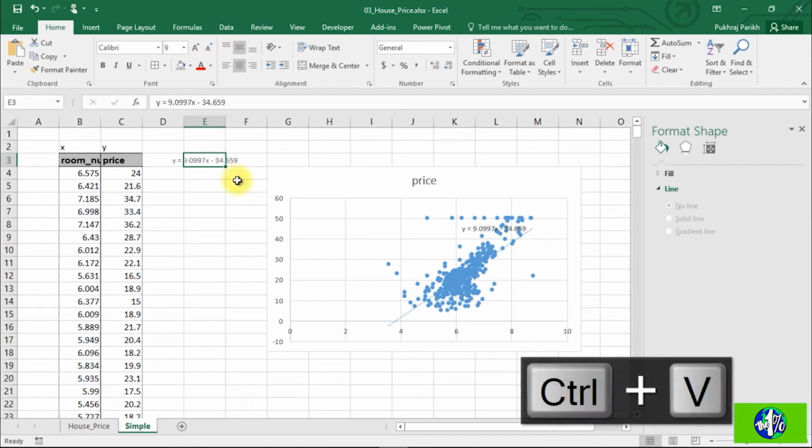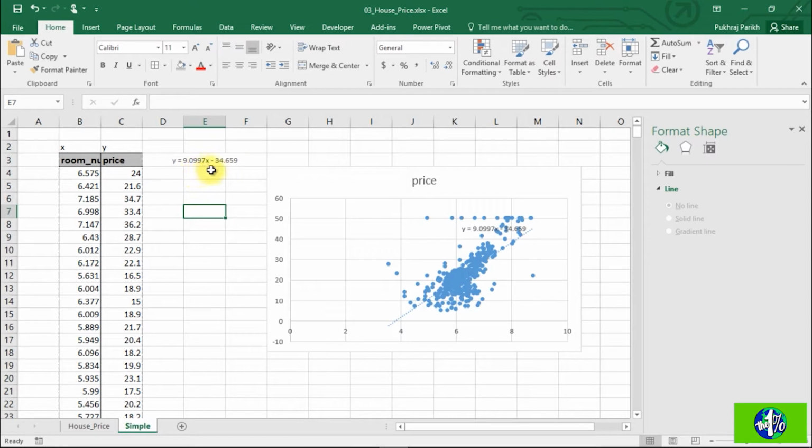Here y is for the price variable since it is on the y-axis, and x is for number of rooms. If you look at this equation, you can see that if I increase the number of rooms in the house by 1 unit, the value of y will increase by 9 units because x is multiplied by 9.09. So using that equation, whenever we have the number of rooms available with us, we can predict the price of the house. For example, if I want to predict the price of house which has 8 number of rooms,